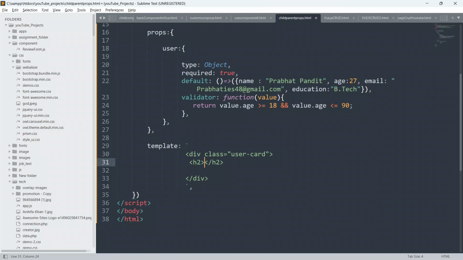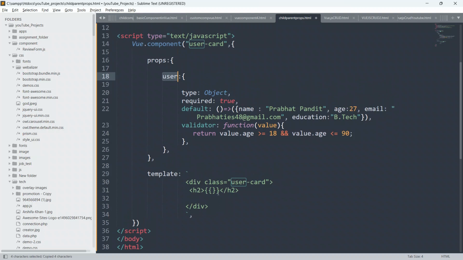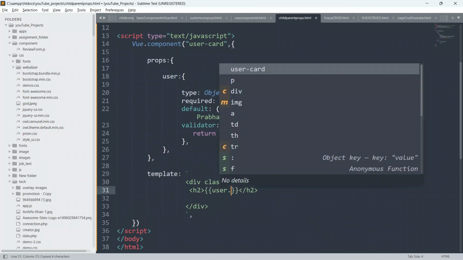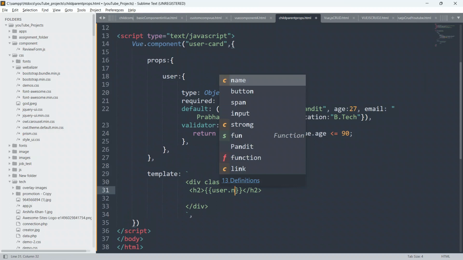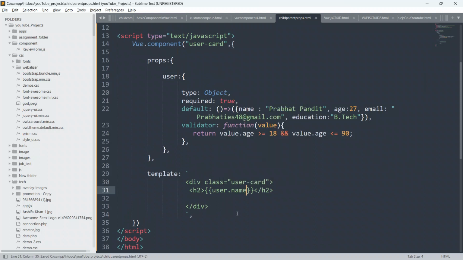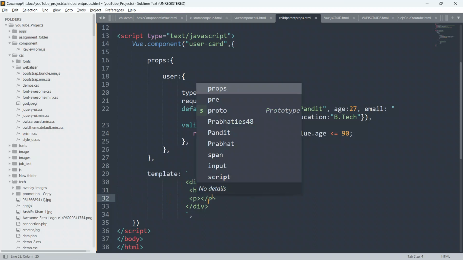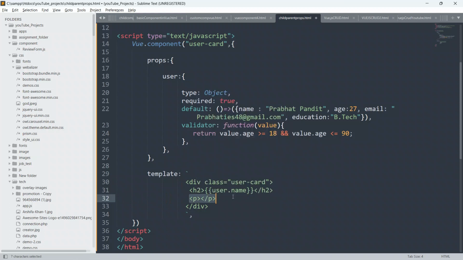Inside this we will say double curly braces, this.user.name. We also have to define the age, so we will create a paragraph. Open and close this p, and copy this p and paste it two times.